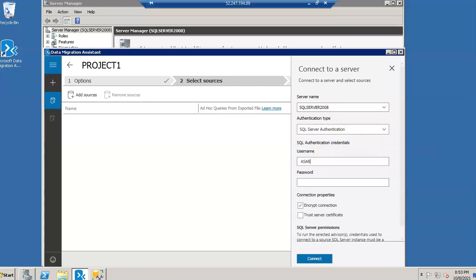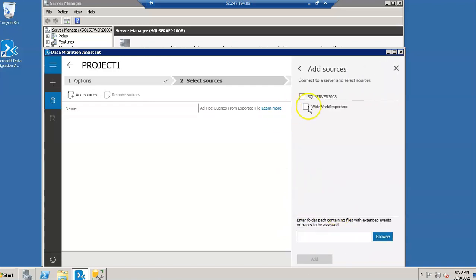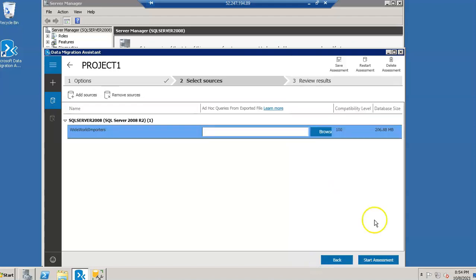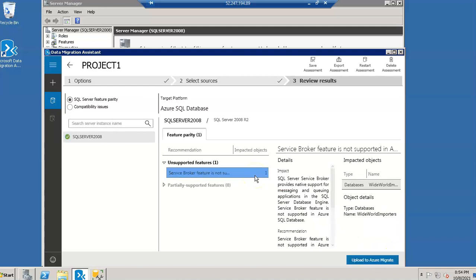I'm going to enter my username and password. I'll do connect. I'll check this option as well. I'm going to select the database. Click on add, and I will start the assessment.